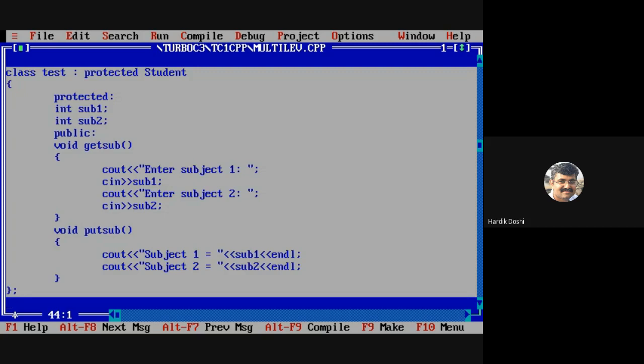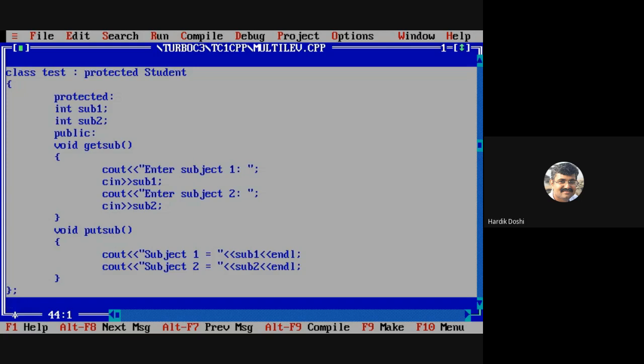That means they are accessible other than private. So other than private, all are accessible of which class? The student class. In the student class, which are the members other than private members? Can I say roll number? Can I say put data, put roll, and get roll? So protected and public, everything is now accessible.